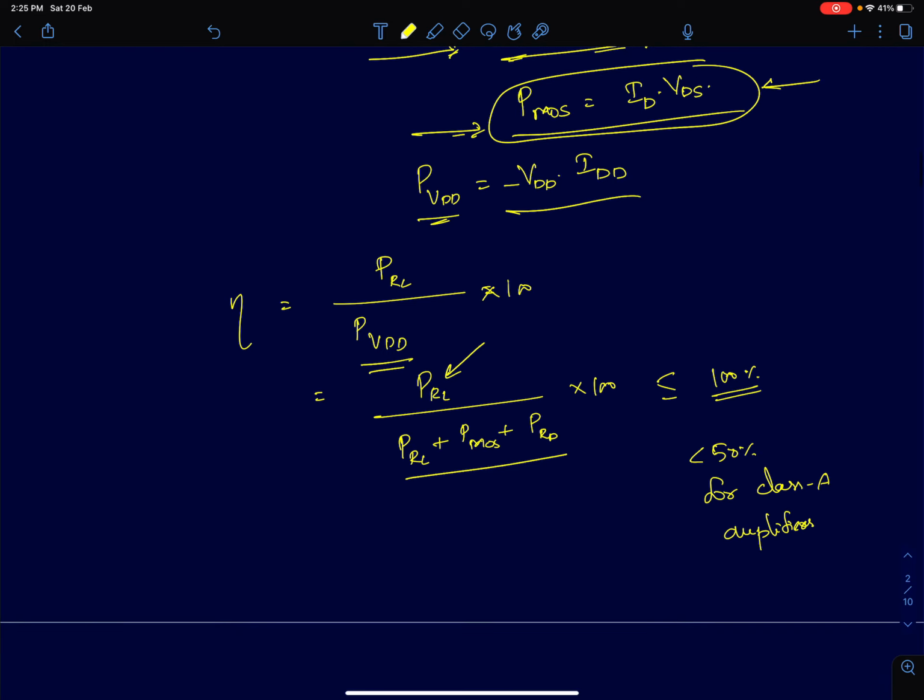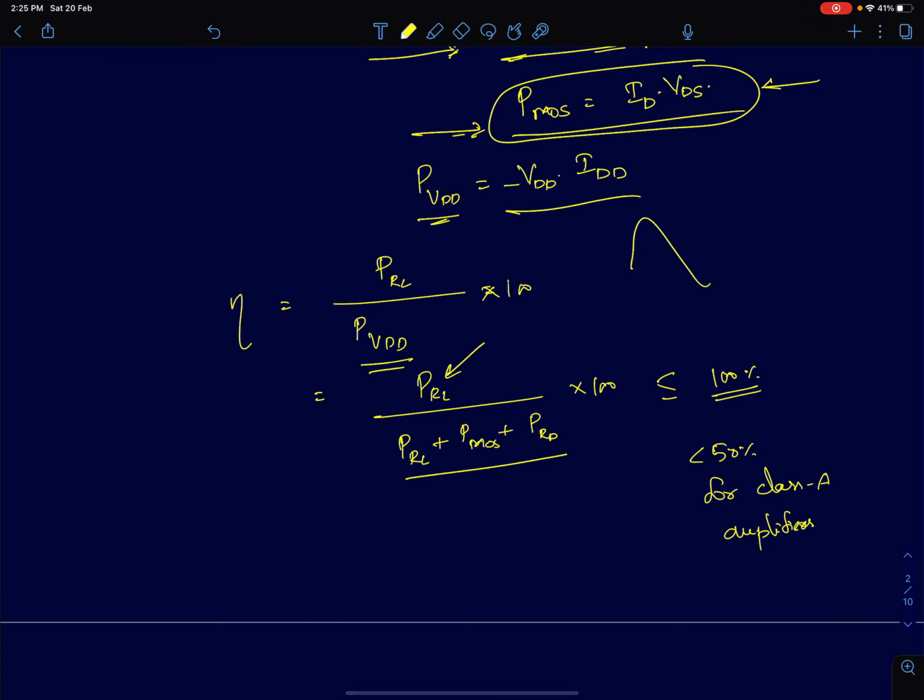And generally, the term efficiency will always be less than 100% for any amplifier configuration. We don't discuss power amplifiers and their efficiency in this course, but for the amplifiers that we will be discussing in this course, we expect the amplifier to be always in saturation region for the entire input signal